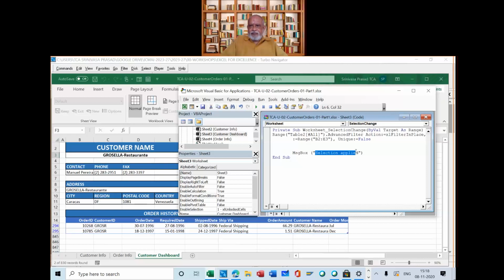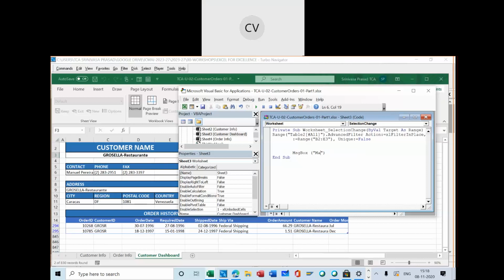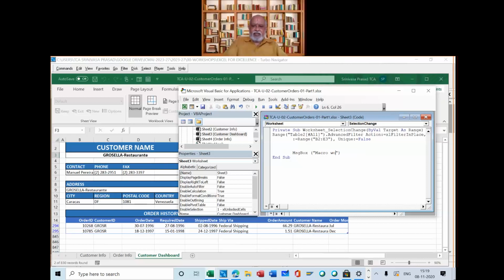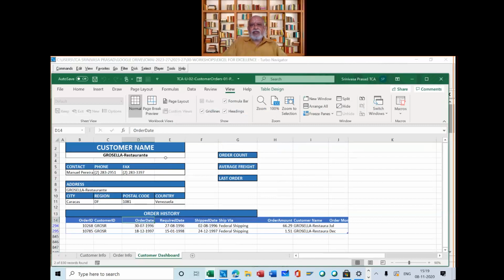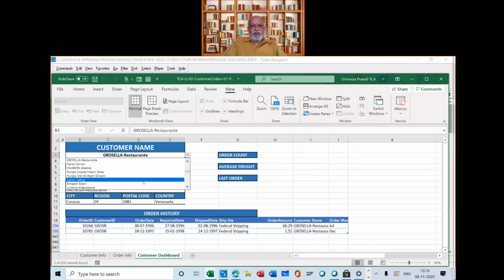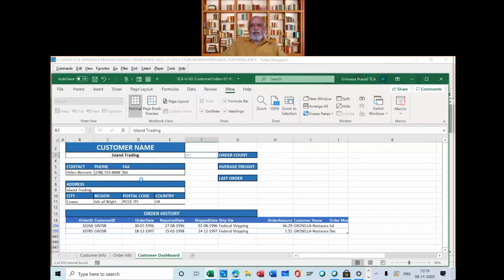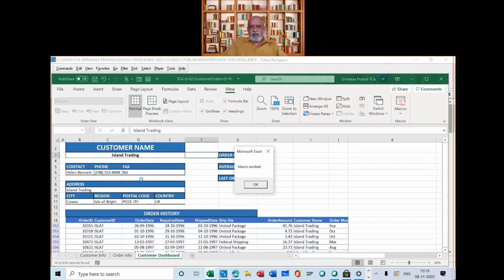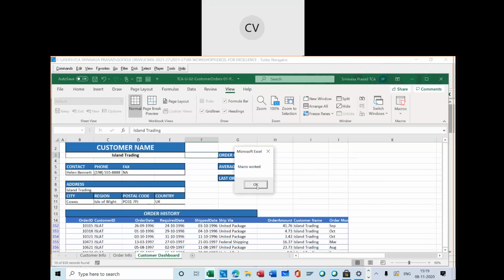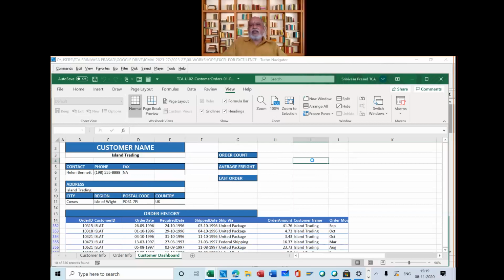I will now make it as... we don't need it. Okay, later on we will remove it. This is only for you to know when the macro works, because now I made some changes. Now the macro works, isn't it? It's coming.